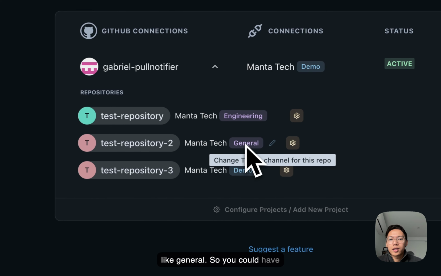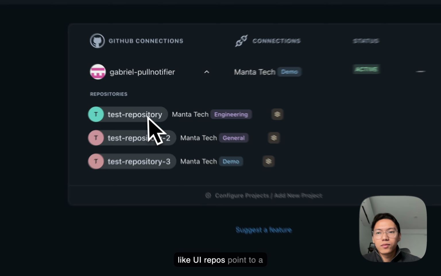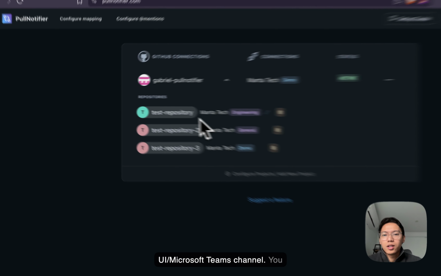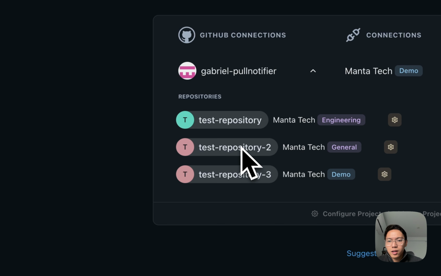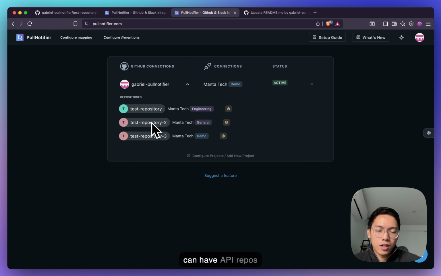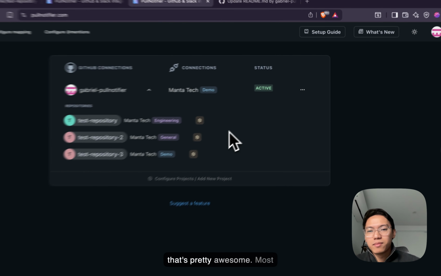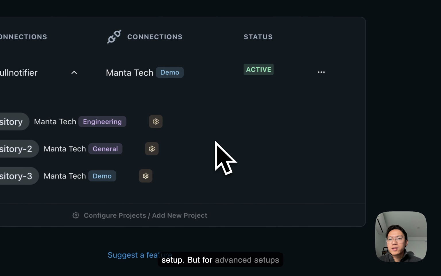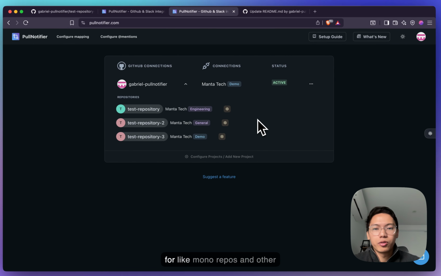So you could have UI repos point to a UI Slack or Microsoft Teams channel. You can have API repos point to an API or backend Microsoft Teams channel. And that's pretty awesome. Most teams lean into that kind of setup, but for advanced setups like mono repos